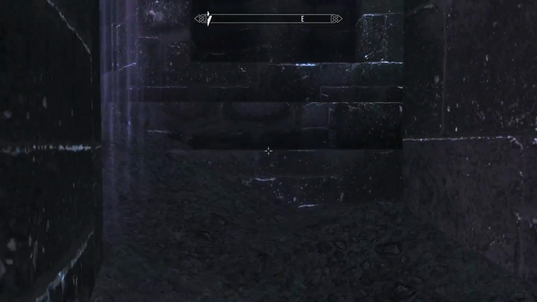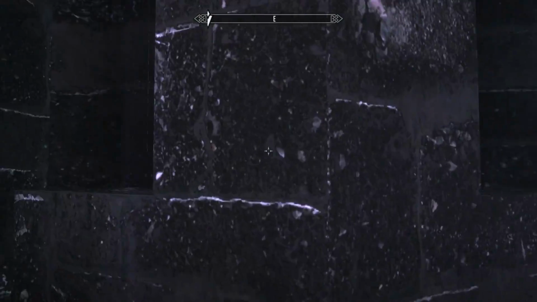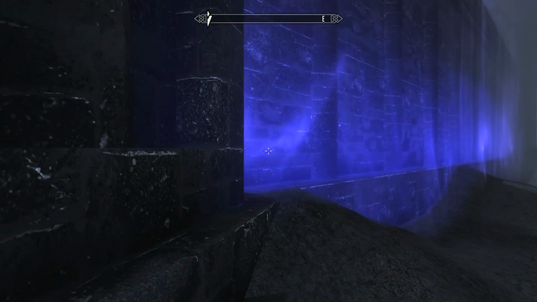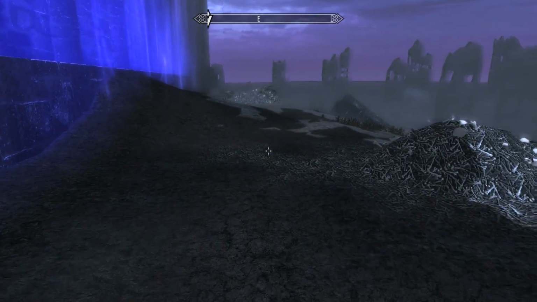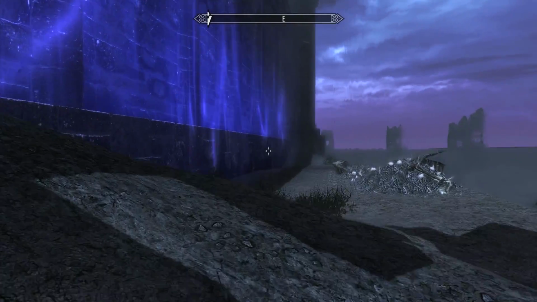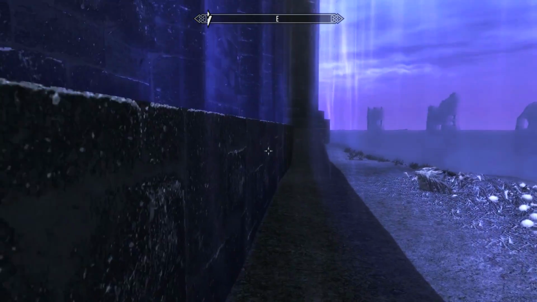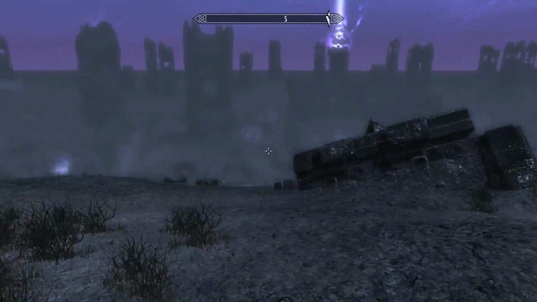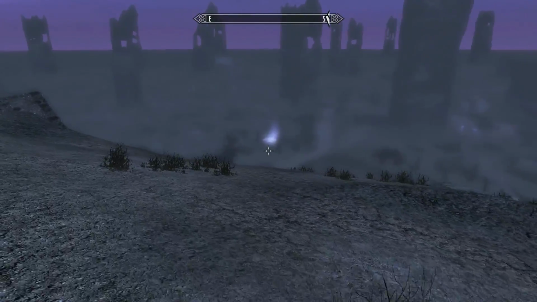Okay, so we have to find some way to get in here, and we can't get past this magical barrier. So I think the only thing that we can do at the moment is traverse the outside, but as you can see, we're probably going to come up against a barrier right around here, or not. We can move through it. I really don't think that the game wants me to...